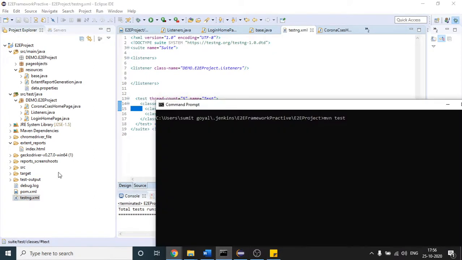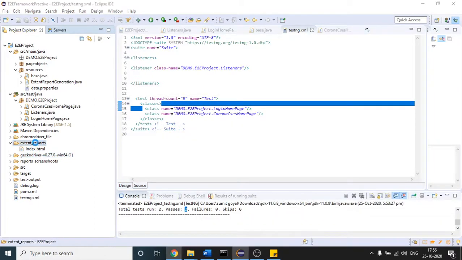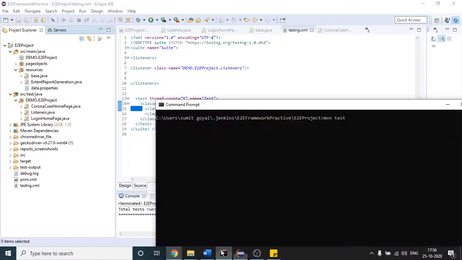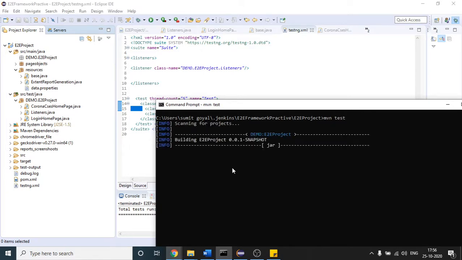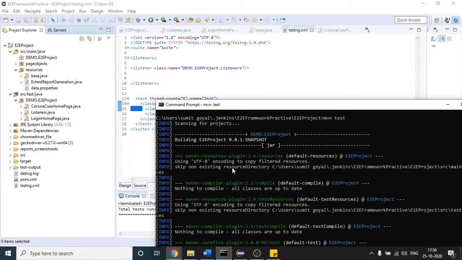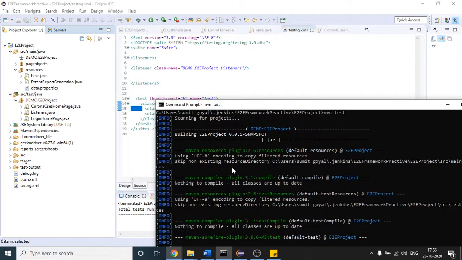If I remove this, let us suppose you remove this, the same thing will work with Maven as well, but the mode of triggering the test case is different. The rest of the things will remain the same. If I do it like that, Maven test, it will run my test.xml file and it will run my two test cases. So let us wait whether reports are created this time or not. It will create, no issue. Yes, but let us see.